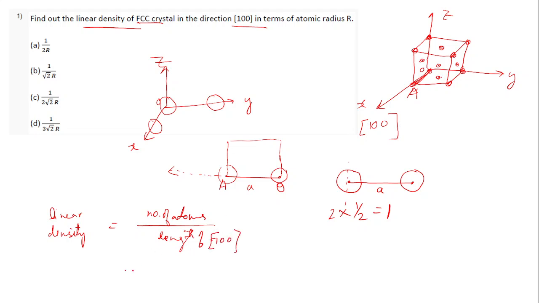The number of atoms I told you is 1. Now the length is a, but we have to give the answer in terms of atomic radius. So for this purpose, in FCC,